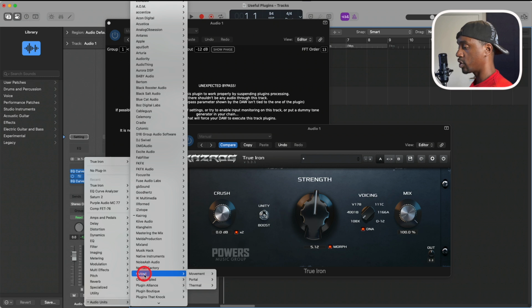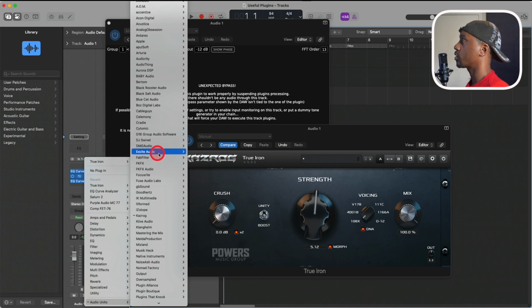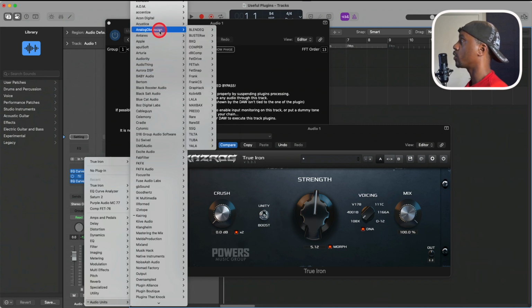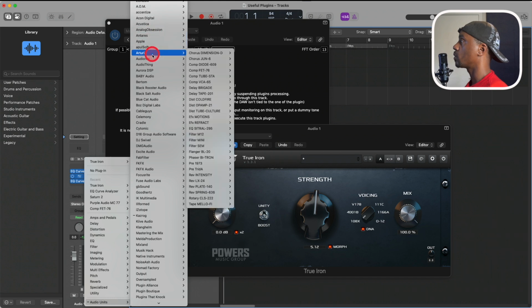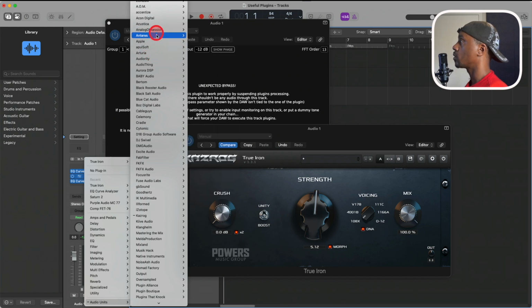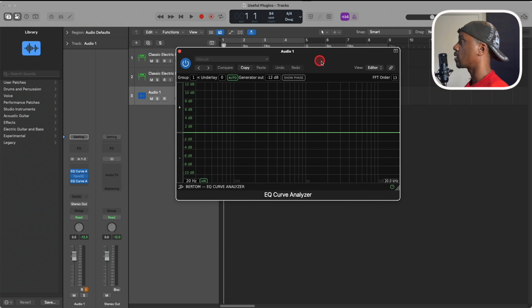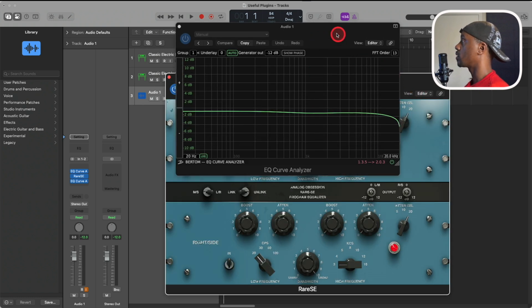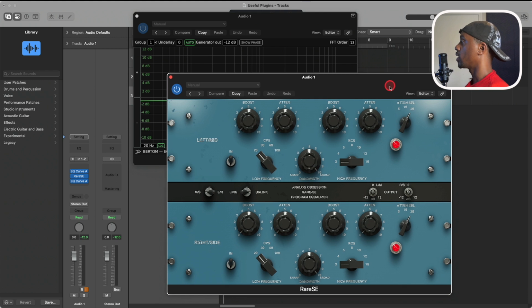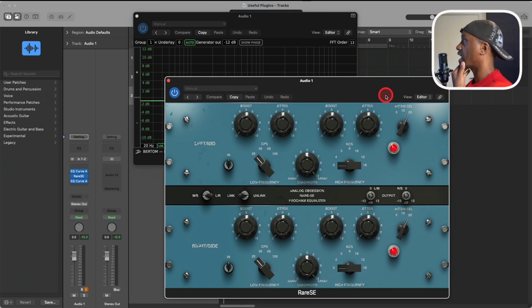What plugin do we want to do? I think I want to try an EQ. Let's do an EQ. All right. So this is the Pultec emulation by